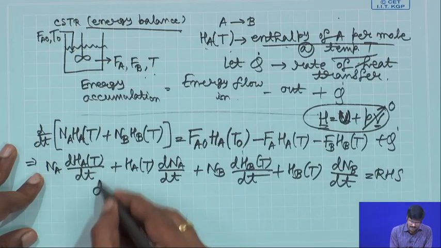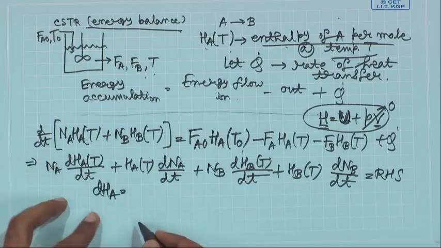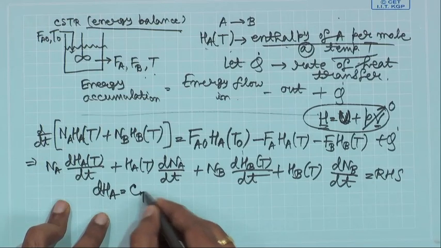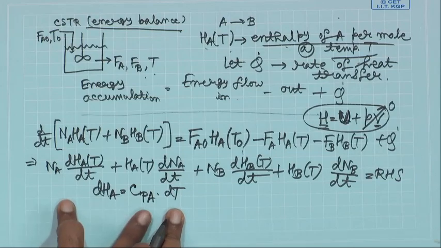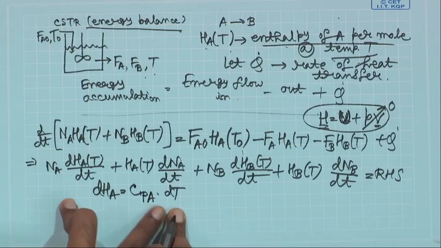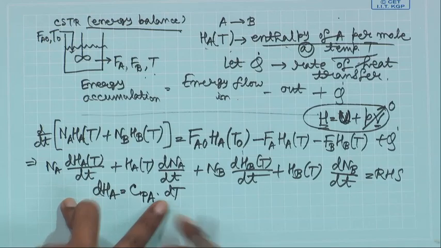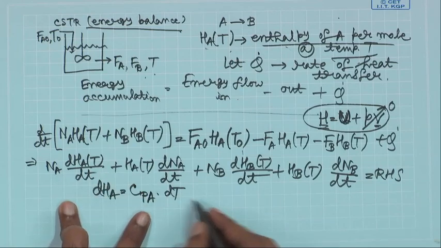Now, what is dHa? Change in enthalpy is nothing but heat capacity multiplied by change in temperature. So, heat capacity is nothing but dH/dT. So, dHa equals Cpa, Cp is the heat capacity for the species A, into dT. So, that means dHa/dt is nothing but,